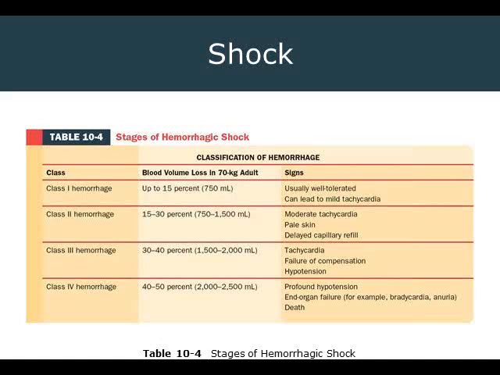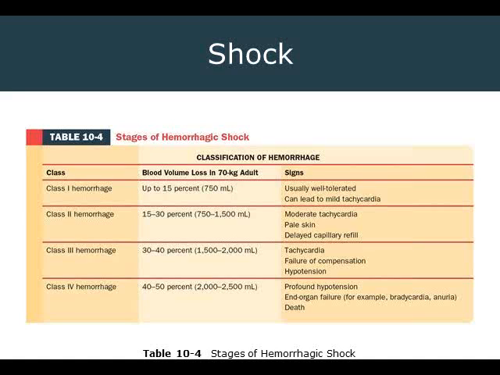And the example they give in the chart here is with a 70 kilogram adult and the approximate amount of blood they would have had to have lost. So up to 15%, this is usually well tolerated. They can usually have a little bit of mild tachycardia. They may not even realize that there's something terribly wrong. They may just feel a little not well,